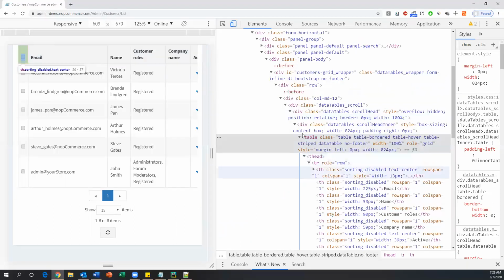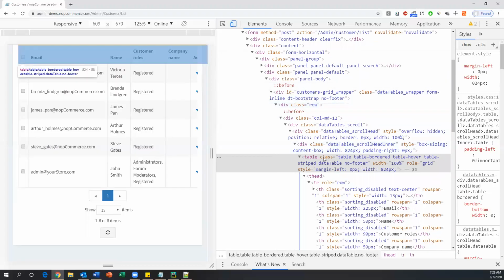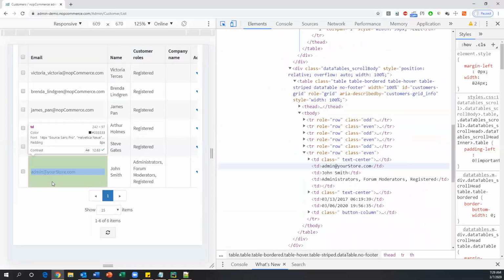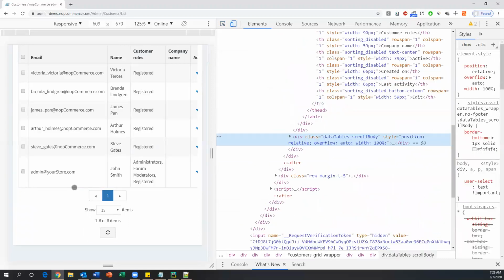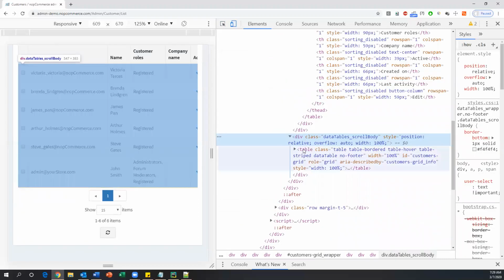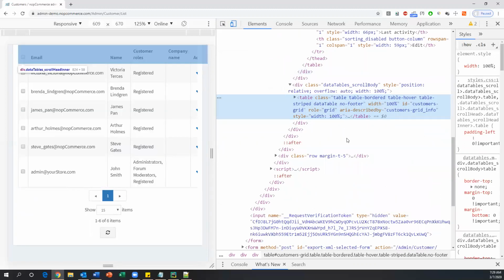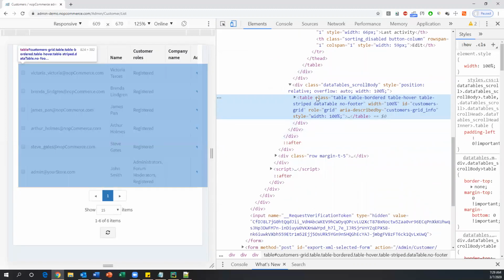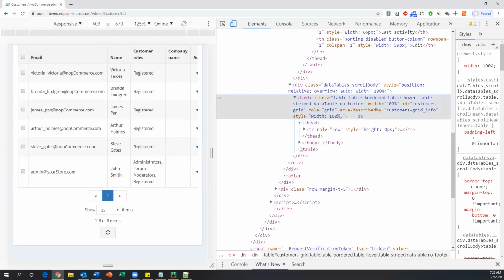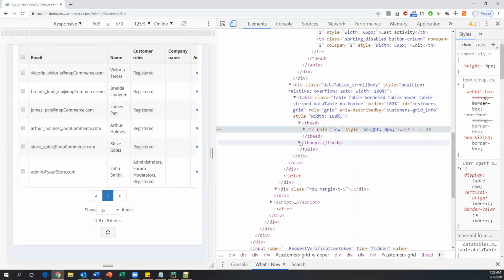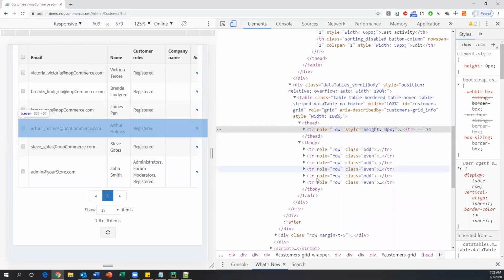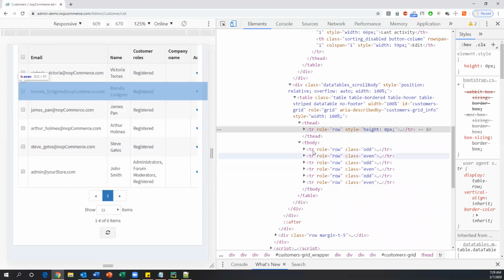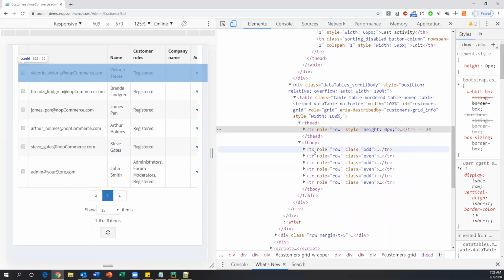Just a moment. So this is my table. I think it is not. Yeah, this is the table. We have multiple tables in the page, so you need to look at this carefully. Inside the table, we have a TH, inside one TR, which is basically the header part. And inside the tbody, see this? When I highlight each and every TR, it represents a table row. As soon as you do the search, you will find just one or two records in the table, so we just need to check whether that record is present in the table or not.